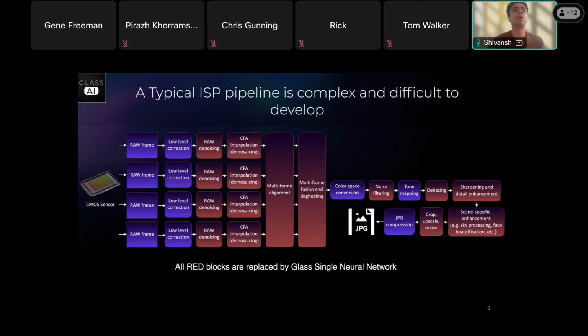Yeah, this is still the right pipeline. So the error here, in my opinion, is somewhere in this multi-frame fusion and deghosting part, because this is the main neural network which is responsible for image restoration. If you replace this with a diffusion network, it would start generating details. But if you have an image restoration network here, it will not generate new details. It will just try to use these multi-frame aligned inputs and merge them to give a better looking output. So it's probably happening in this block.